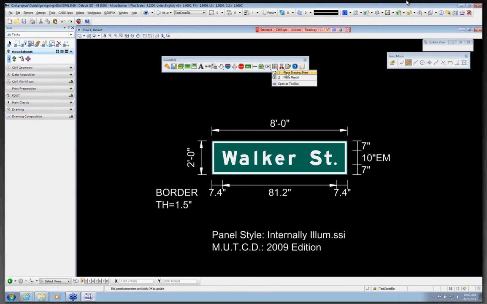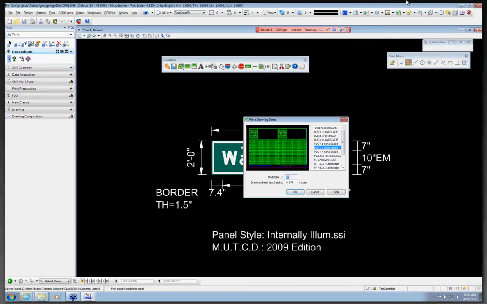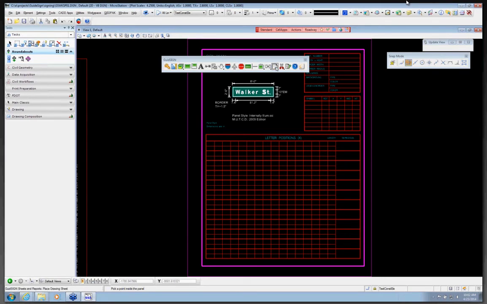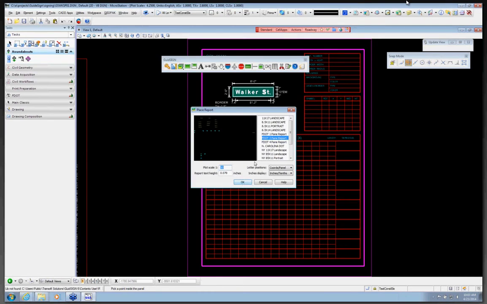Again, we would choose to place our drawing sheet, choosing 1 pane, 2 pane, or 4 pane. If for some reason you wanted to place this not as a sheet but as a cell, we can also choose some of these preset cells that will allow us to place this sign, place our information,